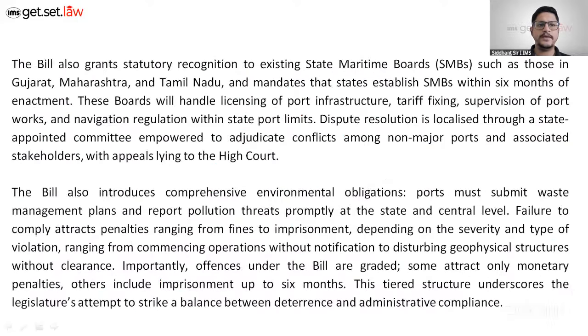Okay. Now, the bill also grants statutory recognition. Now, it is talking about the recognition for what? To the existing state maritime boards, such as those in